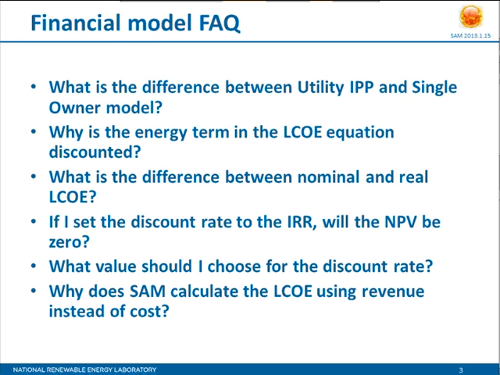I tried to design this session to address a number of questions that I've gotten over the years about the SAM PPA models. Just an idea of the type of things we're going to be talking about. So let me start with